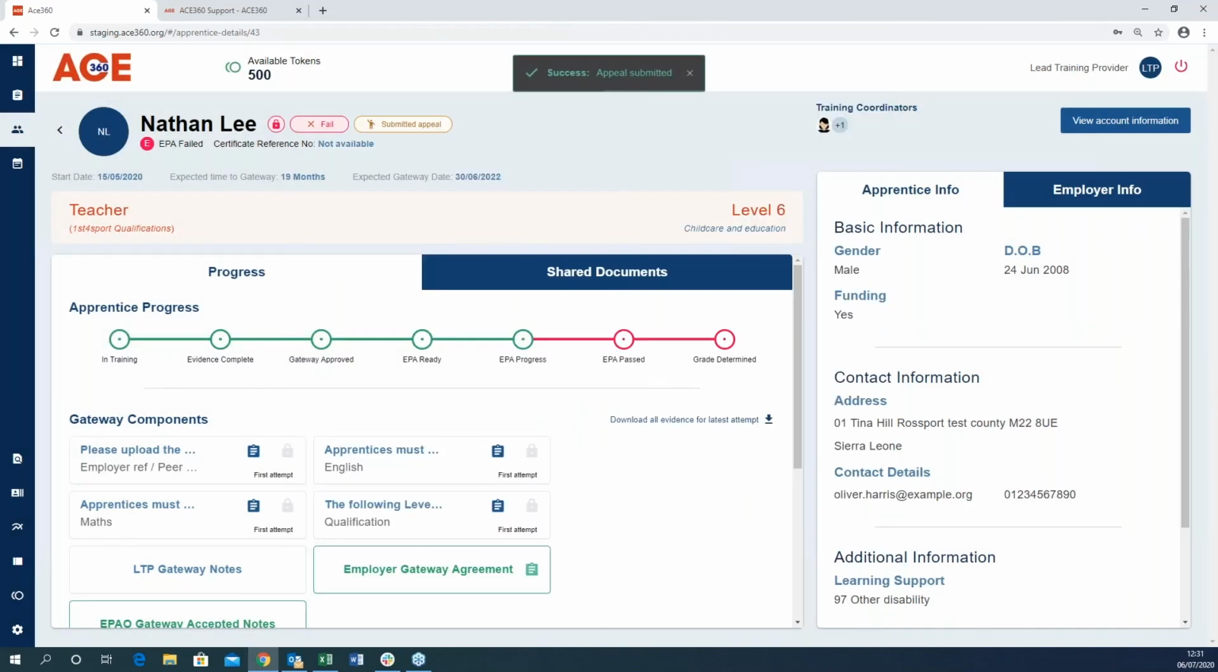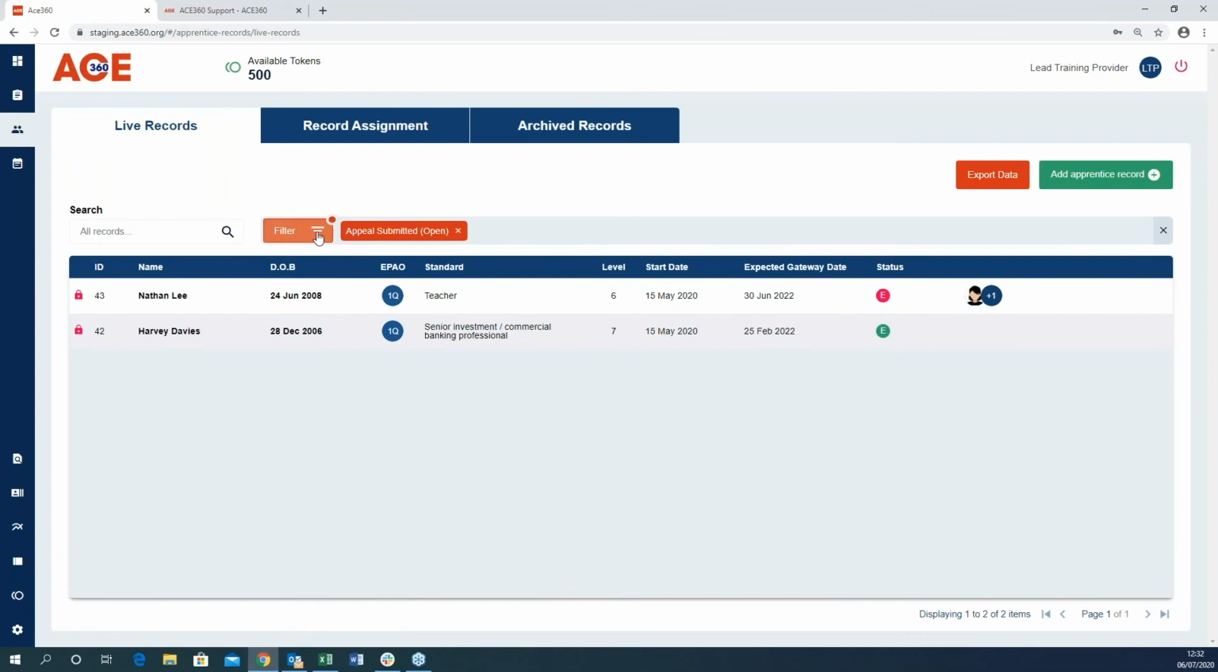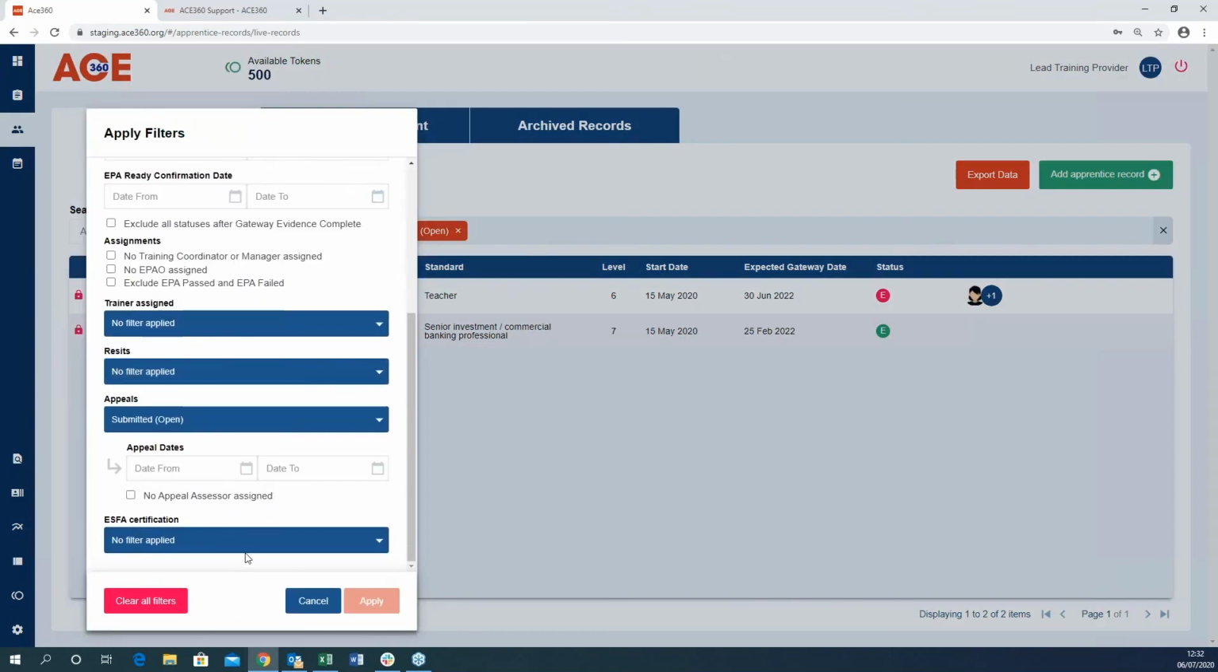This automatically moves the candidate into the submitted appeal state, and on your dashboard, he or she will sit here as a submitted appeal. Pearson will then undertake the appeal, and once the result is available for the appeals, it will go to one of 2 states. It will either go to grade unchanged, so the appeal has been unsuccessful, or grade